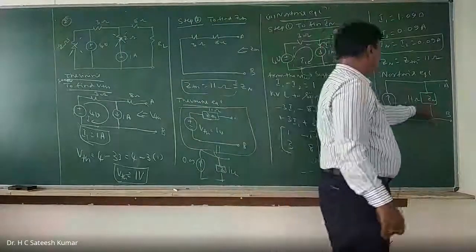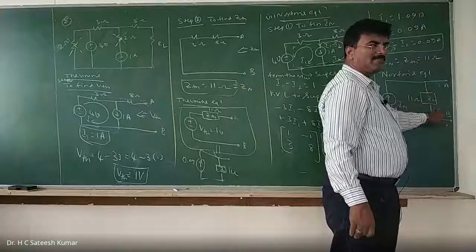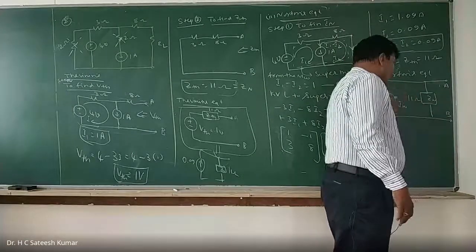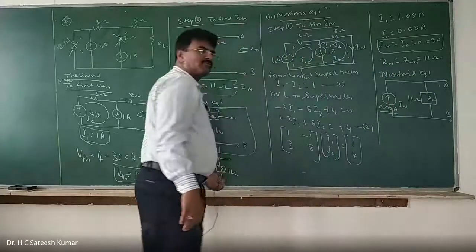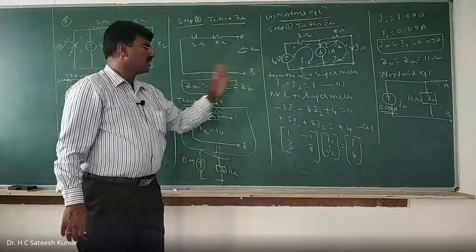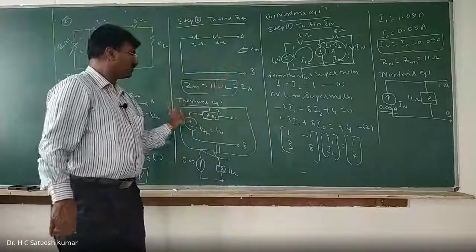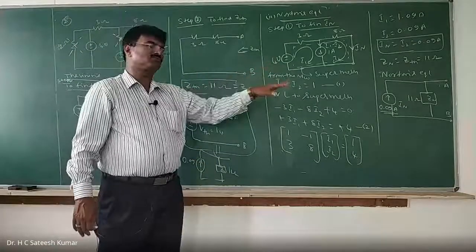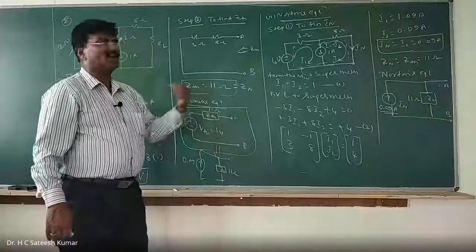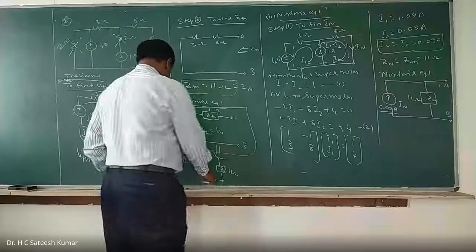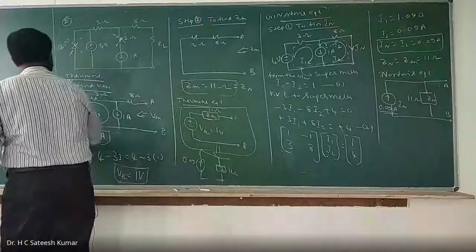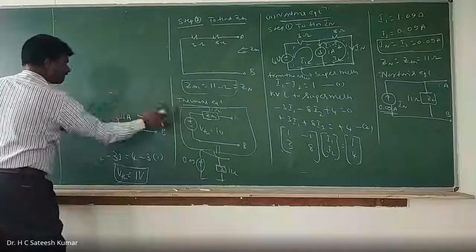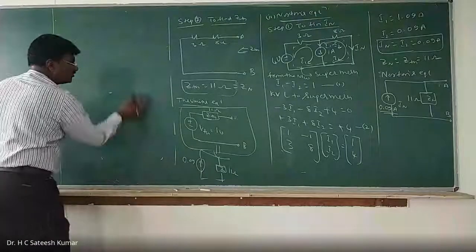Similarly, a current source in parallel with an impedance can be replaced by a voltage source in series with an impedance. If you convert it, you will get the Thevenin's equivalent from Norton's. So with this conversion, Thevenin's will become Norton's and Norton's will become Thevenin's. That is what you can understand from this. So this is the concept of Thevenin's and Norton's with a problem. Now let us move on to one more problem.